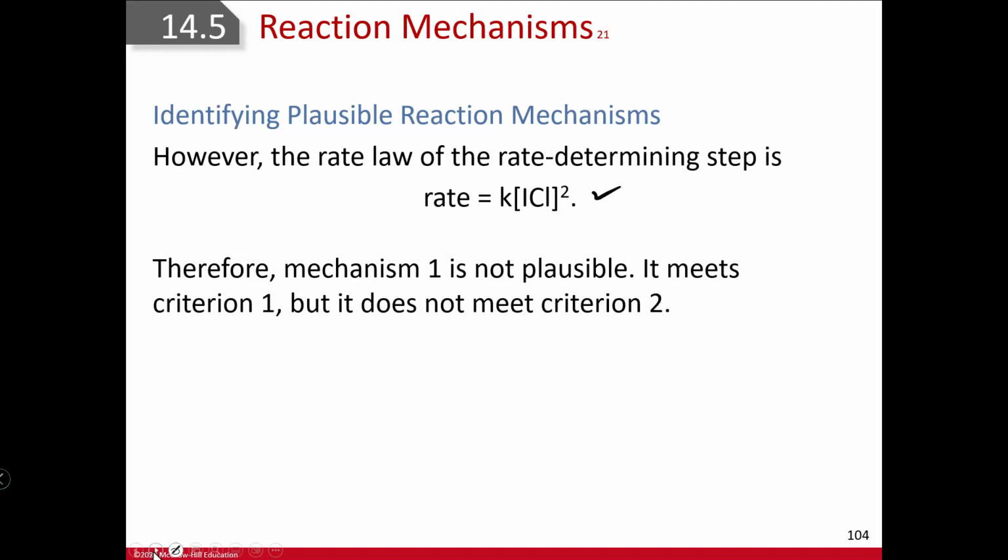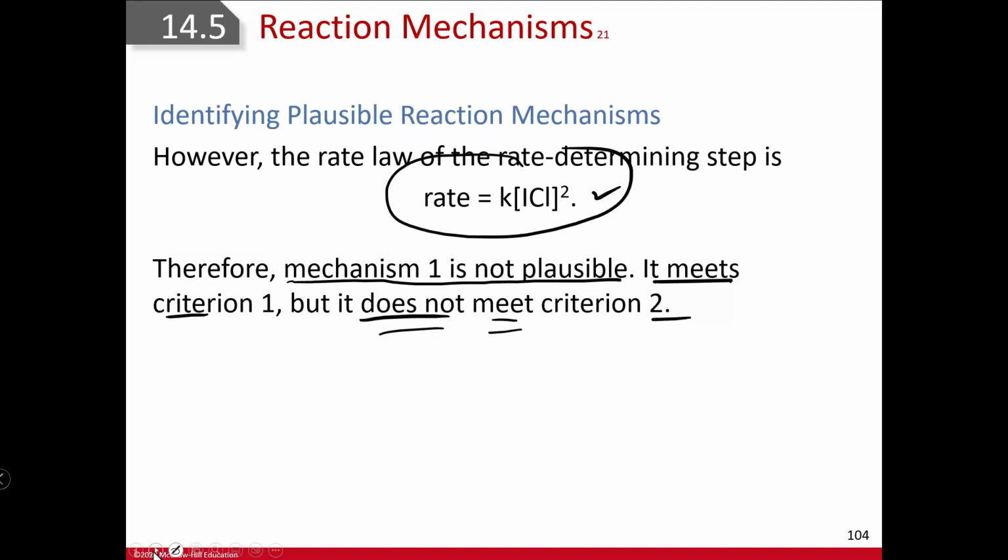Well, that doesn't match experimentally what we saw. So mechanism 1 is not plausible. It meets criterion 1. It meets the overall reaction, but it does not meet criterion 2. The rate law is incorrect up here. This is no good. So we have to go to another possible choice. So the next choice is,